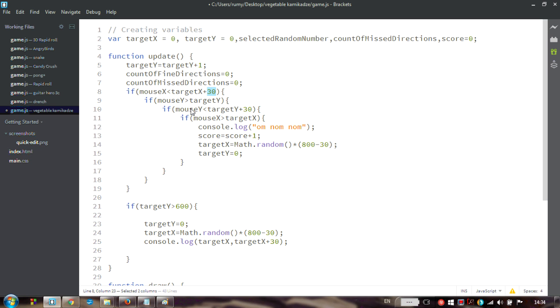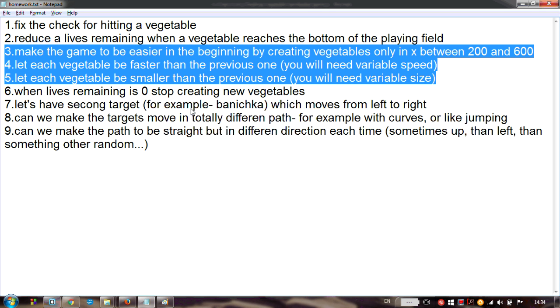We can write, of course, instead of 30, not another number, but a variable, and this will let us solve task